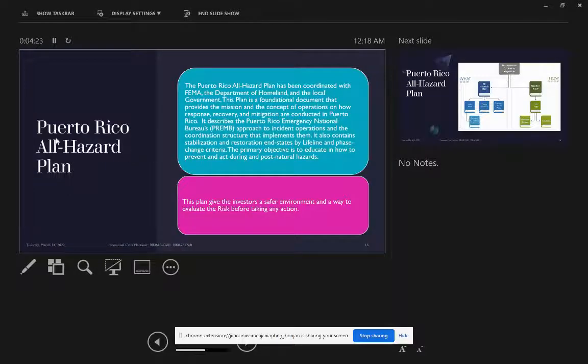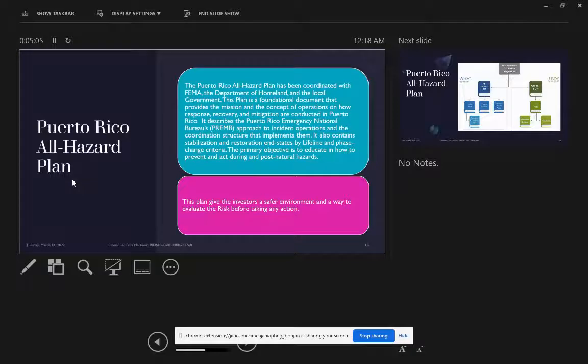The risk analysis in Puerto Rico also gives us the opportunity to know more about the benefits that this country gives to investors. For example, they have a plan in the government where they involve the federal government and different authorities to prevent and also to manage the hazards in the island, including weather and also other hazards that could impact security,